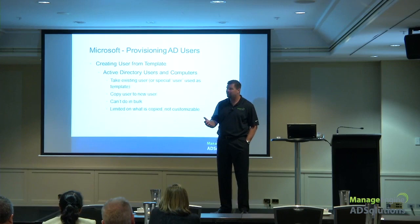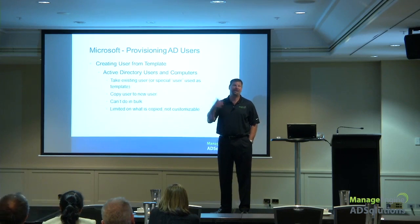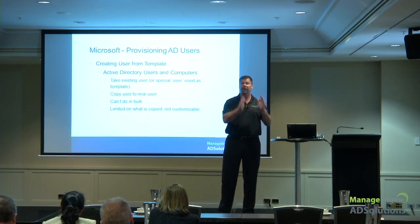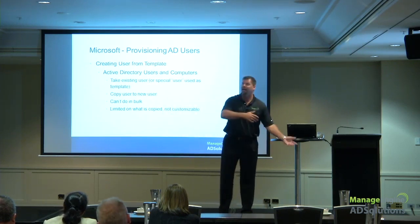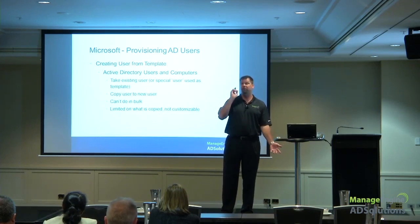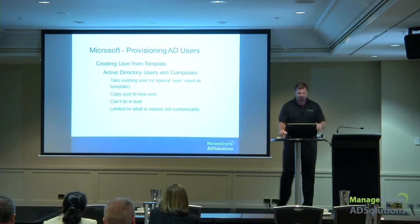Let's take a common user that we already know, and let's just make a template from it. That way we can have a human resource employee, an IT employee, a help desk employee, a developer, a database employee, and at least when I bring the user in, I simply point to the template, and the template configures their groups and